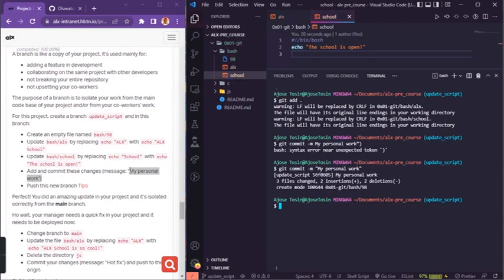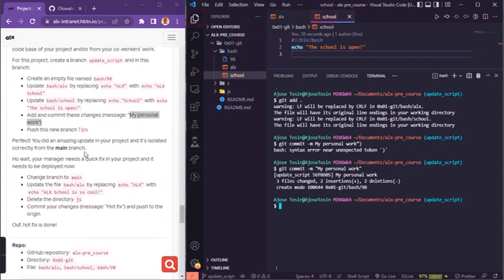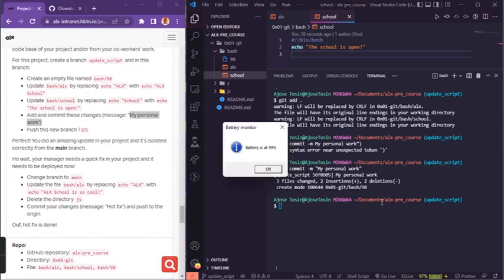So the next thing they ask us to do is, yeah, you've done great by creating that and isolating that from the main branch. But let me just do a quick explanation on why we create a branch on GitHub, rather than a clone. The reason for always creating a branch is because when you start coding